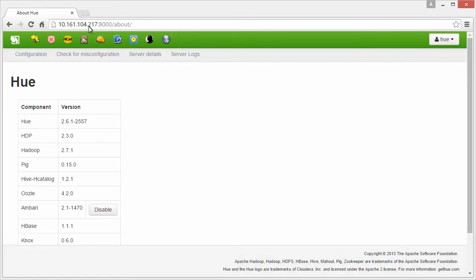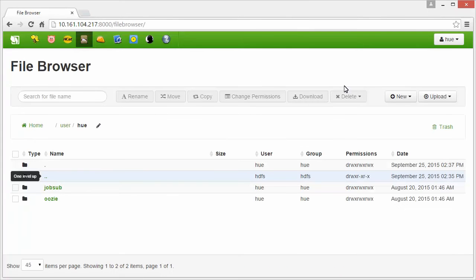Now that the sandbox is running, the next step is to set up our data. In this example, we'll build a table for on-time flight statistics based on a CSV file with a large quantity of data. First, we'll create a new directory and import the source spreadsheets into the file browser.